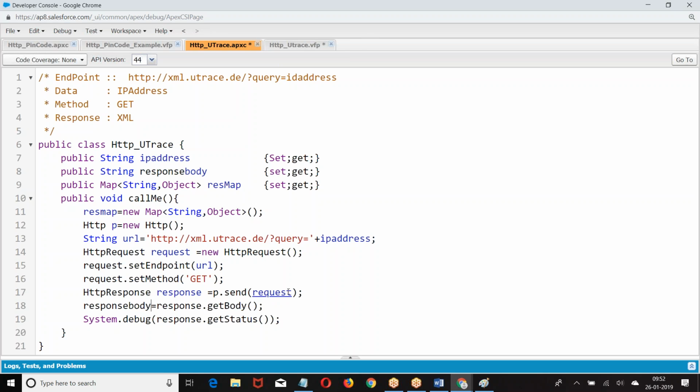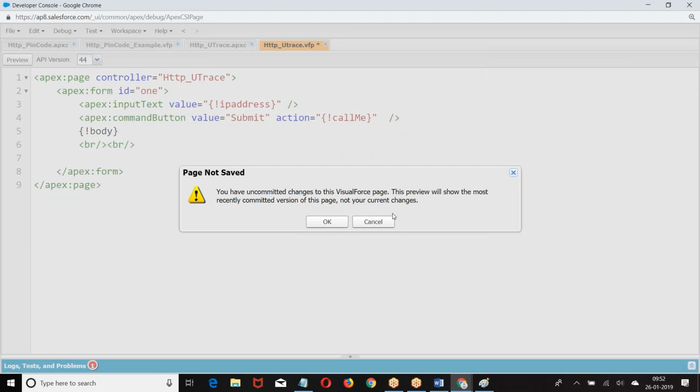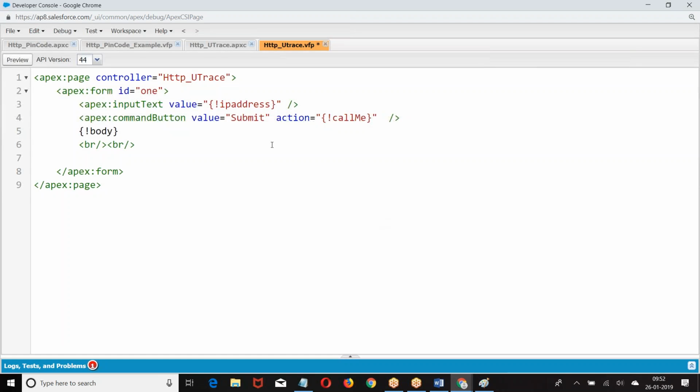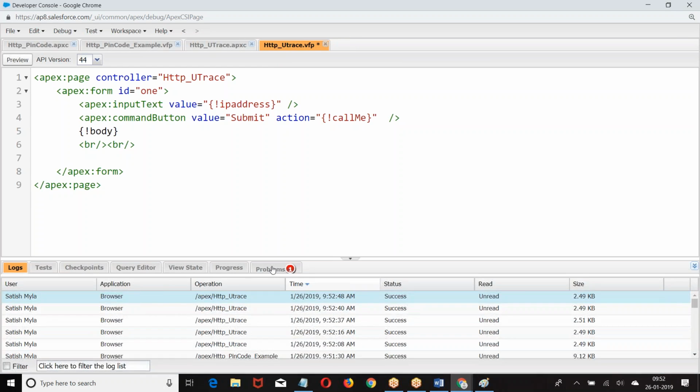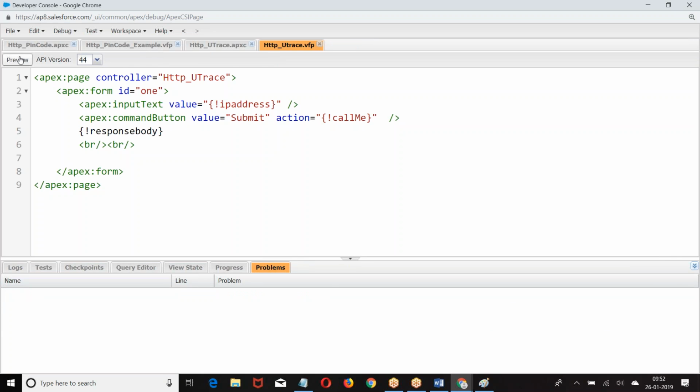Send request response body. We are getting the code on the Apex class, but page somehow. Trace response body. Just now I modified it.